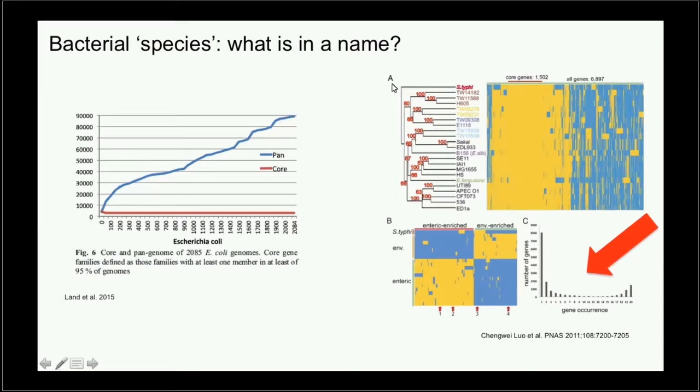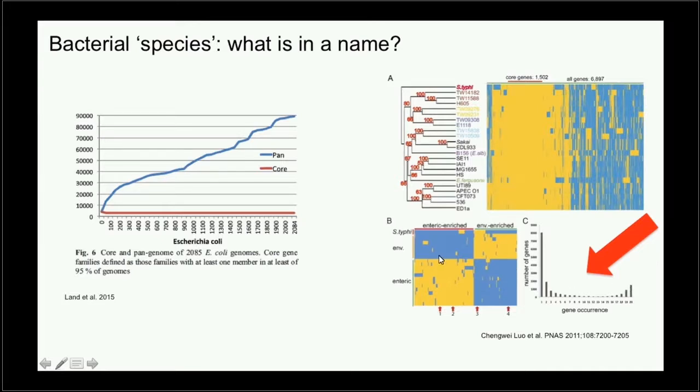On the right side of this slide, you have about the same kind of graphic with a smaller data set. I think this was about 20 different genomes. And here is the same thing. Here you have the number of genes, and here you have the number of genes that are unique to only one isolate. And here you have 8,000 genes that are unique. And in this data set, you go to the other end, and you have about 2,000 genes that are shared by all of these different